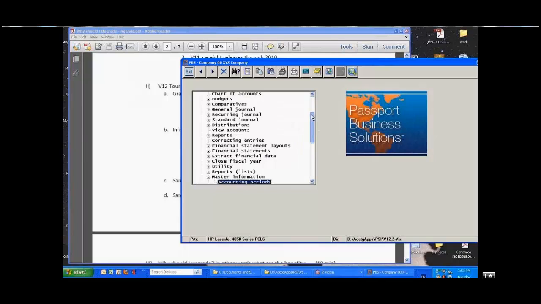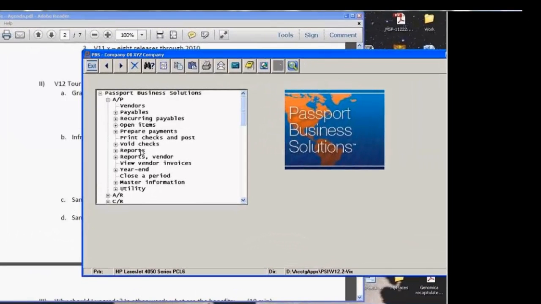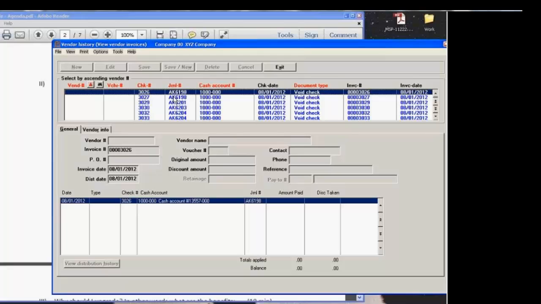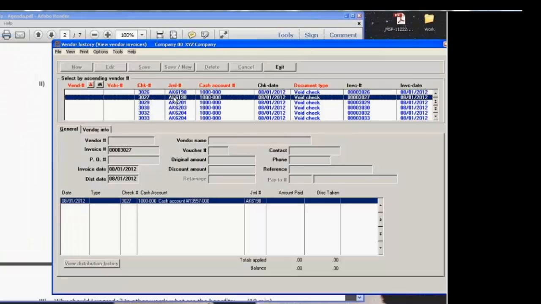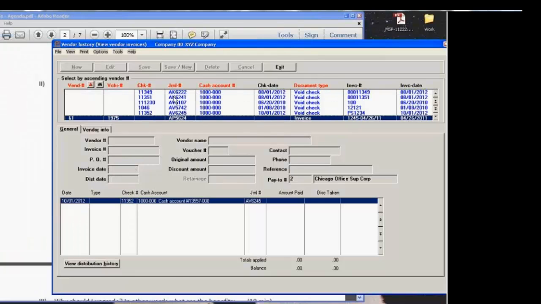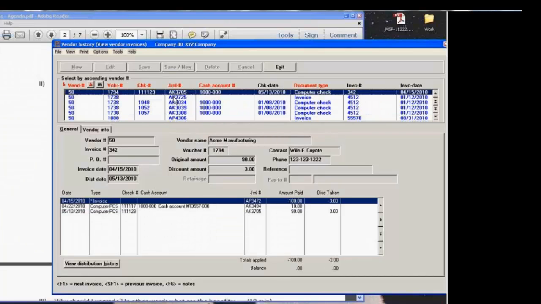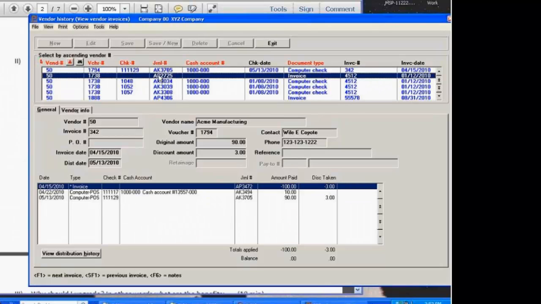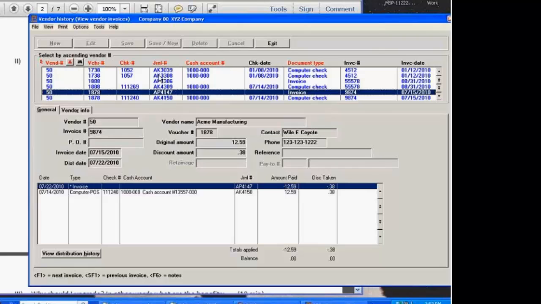The Navigator is an ingenious link between the subledgers and the general ledger. So what I'm going to do to demonstrate that is to come into here, View Vendor Invoices. My cheat sheet, I think I wanted vendor number 50. Let's come down to 50. And it was voucher number 1878. There we go. So if we look at this particular transaction,